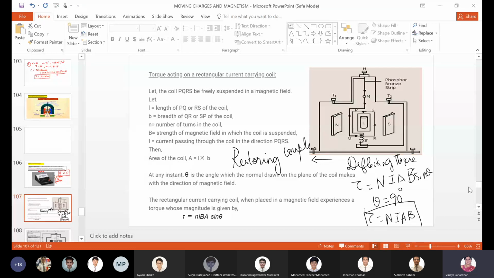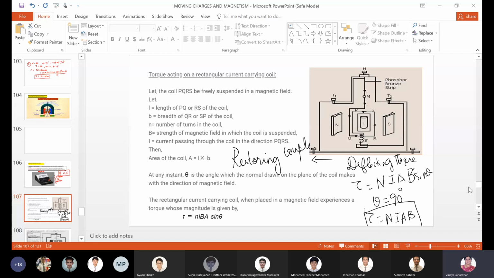Now, PQRS is a rectangular coil made up of insulated copper wire. This is wound over a magnetic material in the form of a cylinder. In all these electric motors, the copper wires are usually wound over magnetic materials. It can be made up of an alloy, basically a magnetic substance, an element like iron. The reason is that more magnetic field can be induced. So you have an insulated copper wire wound across a cylindrical magnetic material.